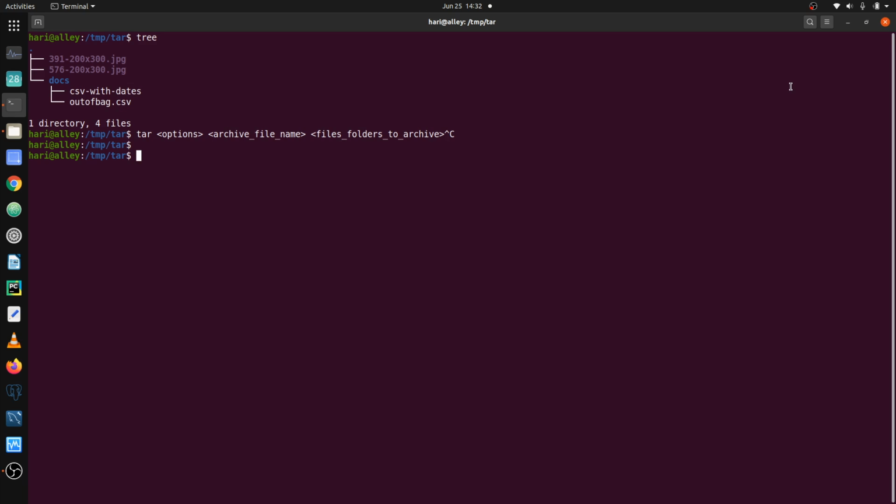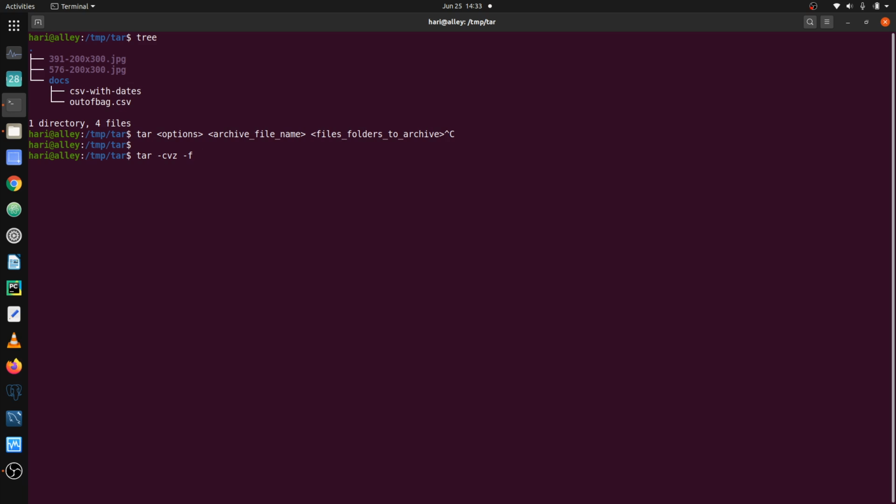The current directory has got two image files and a subdirectory called docs. The docs subdirectory has two files. Let's use the tar command to archive the docs subdirectory. The syntax would be -c to create an archive, and to see the command output, which is the list of files that are processed by the command, we add the -v for verbose output and -z to specify the compression algorithm. In this case, it is the gzip compression algorithm with the -z option.